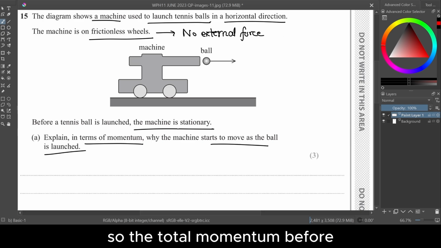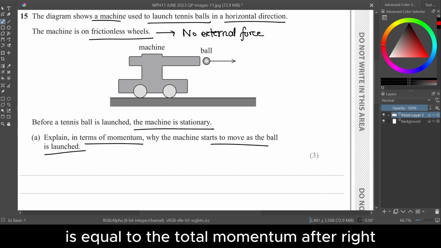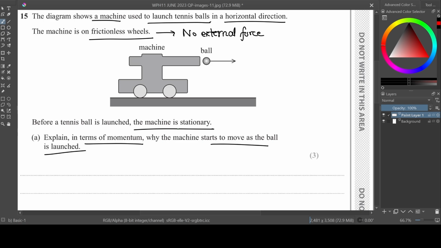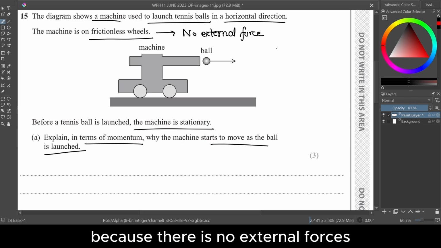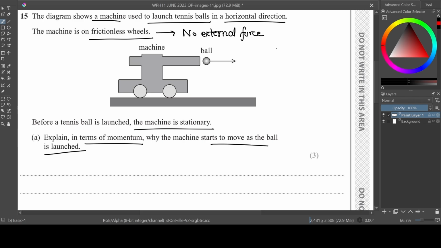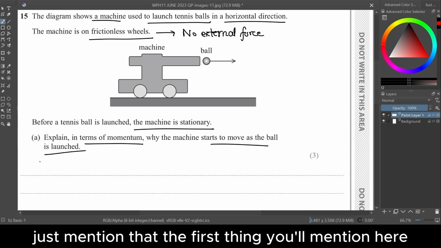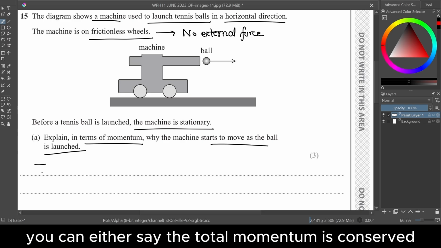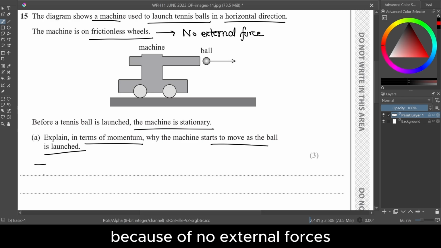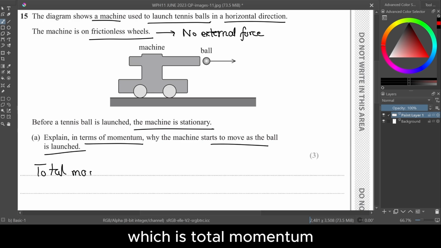So the total momentum before is equal to the total momentum after, right? Because there is no external forces. Just mention that. The first thing you will mention here. You can either say the total momentum is conserved because of no external forces, or you can just write the whole thing, which is total momentum